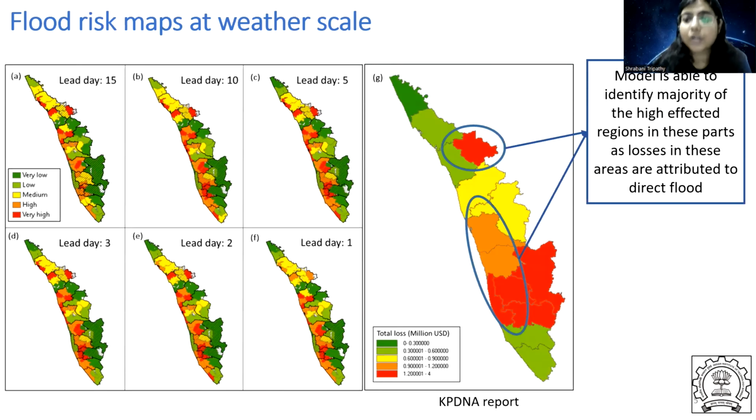To validate the model, we need to apply it to a real life event. So we have applied it to the Kerala flood of August 2018, and the total losses that each district suffered from the post-disaster assessment report is used as an indicator of the severity of the flood. And flood risk maps, relative risk maps, are generated at sub-district level for different lead days starting from lead day 15. And we see that starting from lead day 15, the model is able to identify most of the high